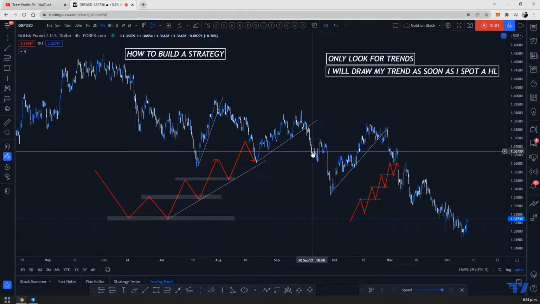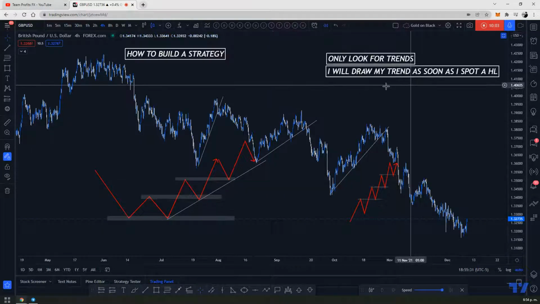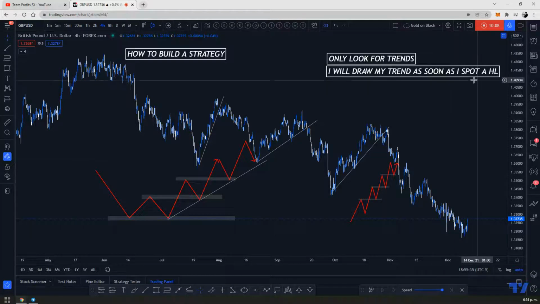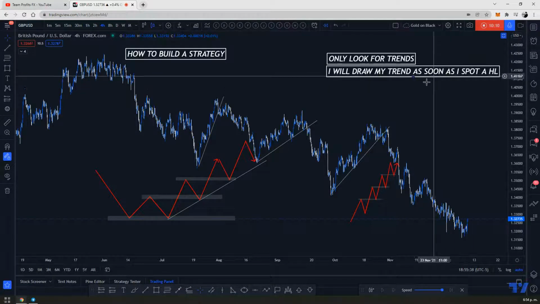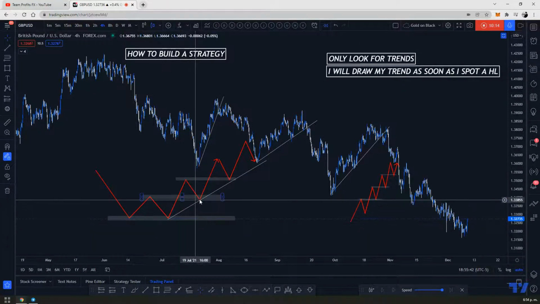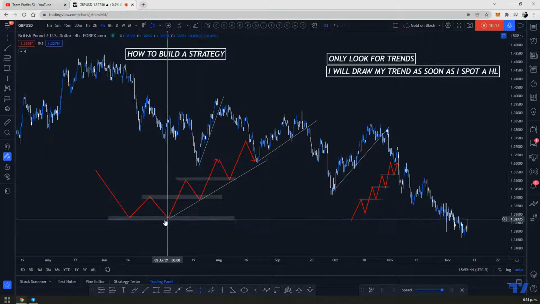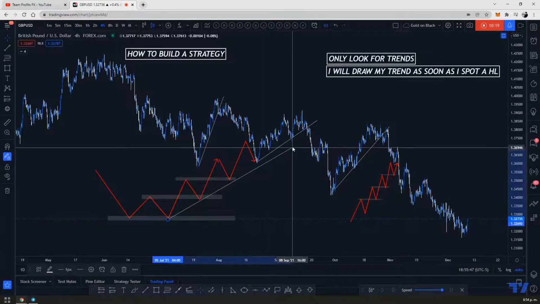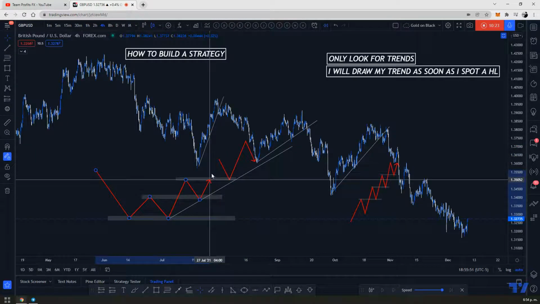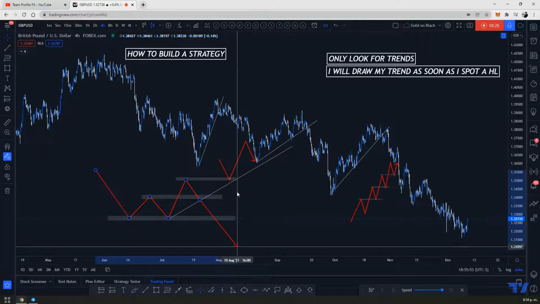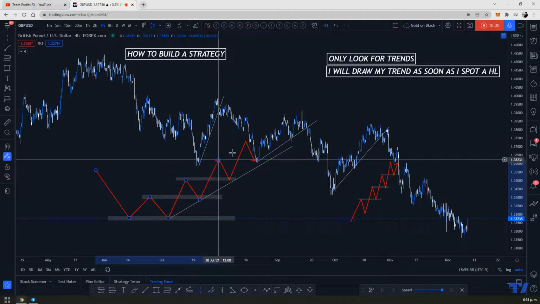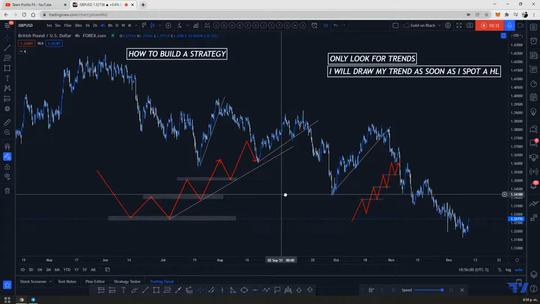That way, you are actually building a strategy, okay? Because you're sticking now to your plan, and now you have some rules, all of that, right? So as soon as you have the first higher low, I'm gonna draw my line, right? Now, as I mentioned, not all the time is going to be like that. The market could just reach this point and then melt down, and maybe this is not a trend yet, right? But at least you're sticking to your plan and you're following your rule at the beginning, because this is so